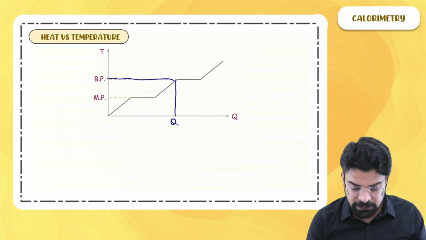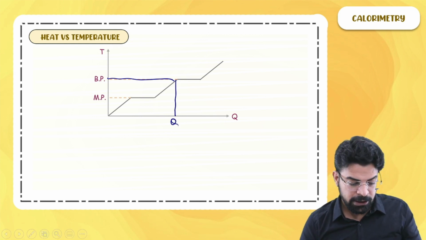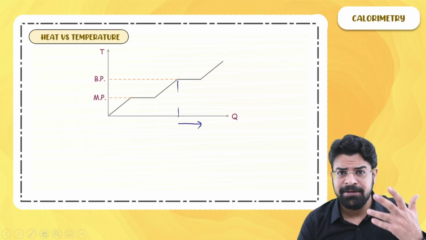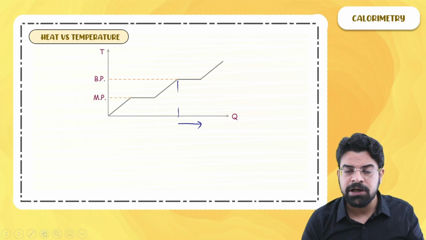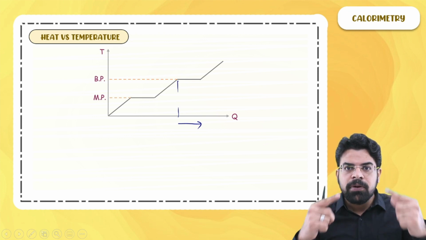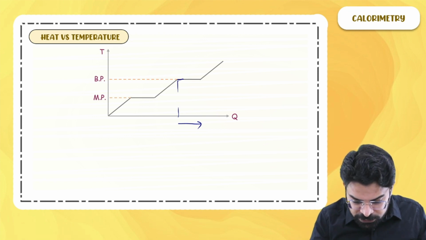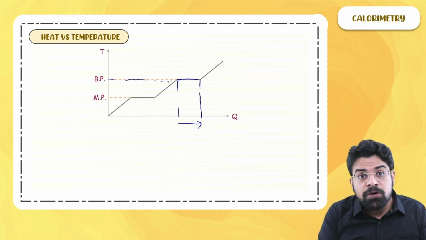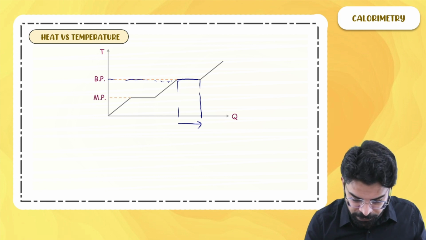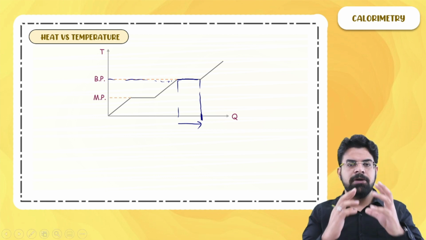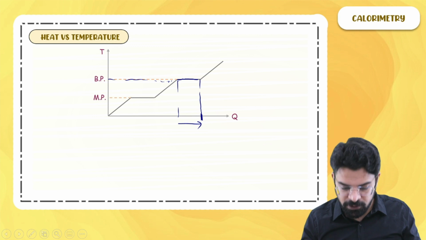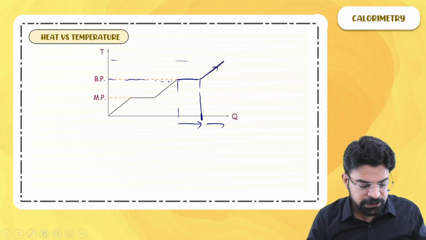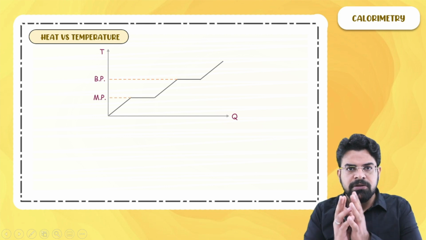Once the system has reached the boiling point, then on further providing heat, what happens? It is boiling. The system has reached the boiling point, so it will start to convert from liquid into vapor. During this process of phase transformation, the temperature won't change. The temperature will be constant, equal to the boiling point. Now, once the entire liquid has converted into gas, then on further providing heat, the temperature of the gas will increase. So this is what the phase transformation graph looks like.